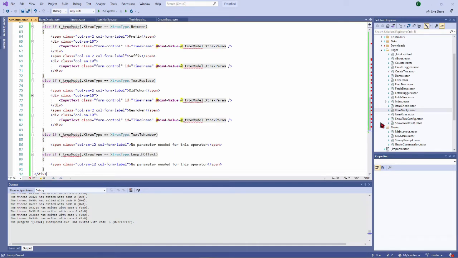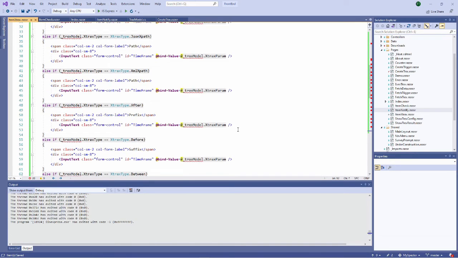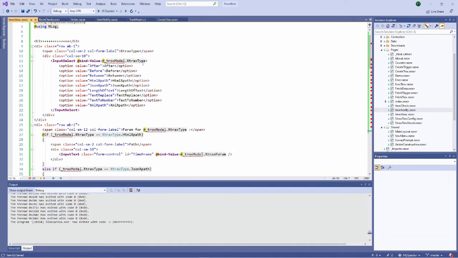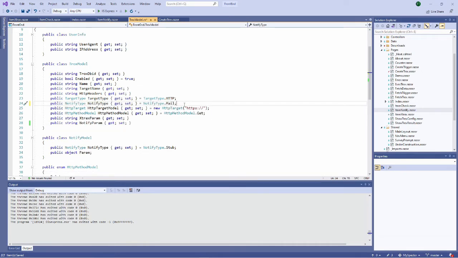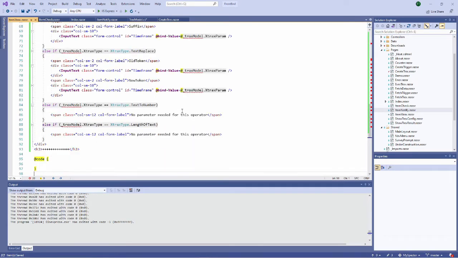And here it is complaining for the same reason as just before. So I'm going to the model. I want the extract type, which is not anymore available, because in fact the Trox model is not anymore available for the children. It is children independent. So I'm going to the model, look for the extract type. It is there with the default value of HTML XPath. So I take it, I move it there, I put it as a field, as a property inside my component.